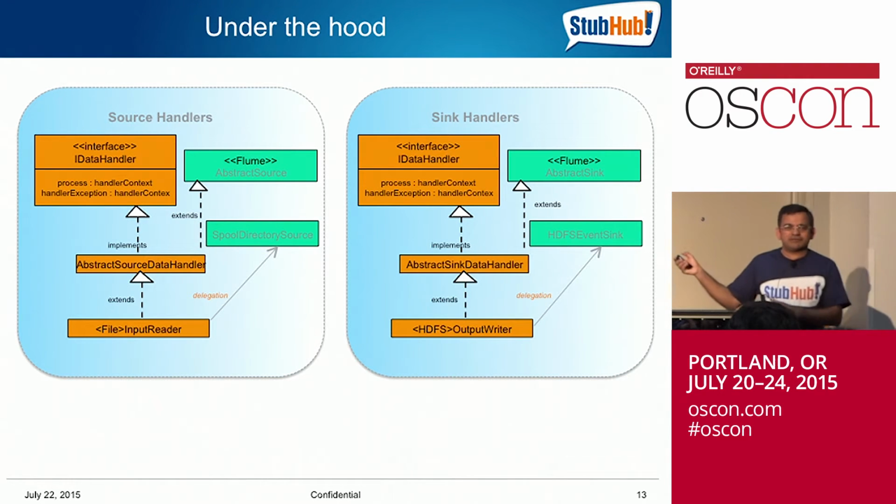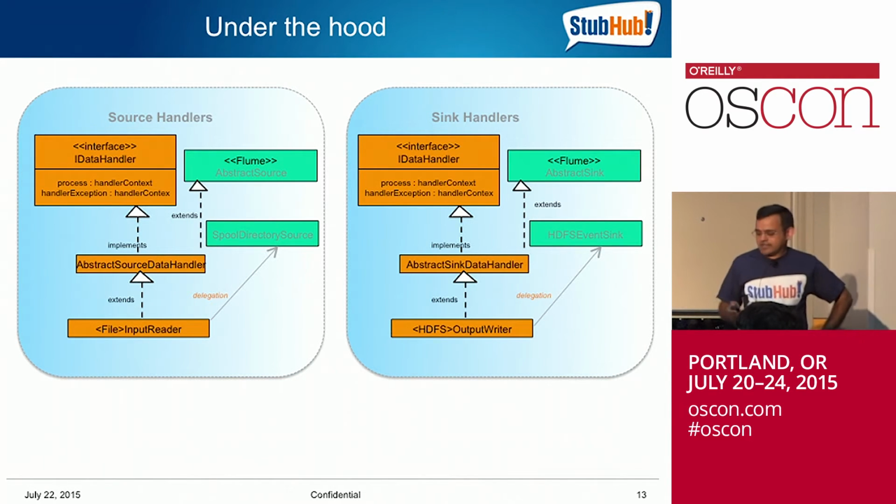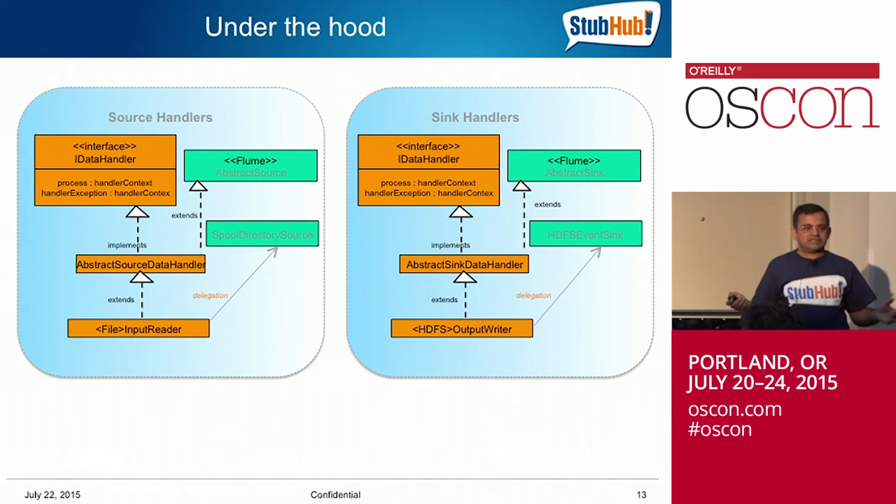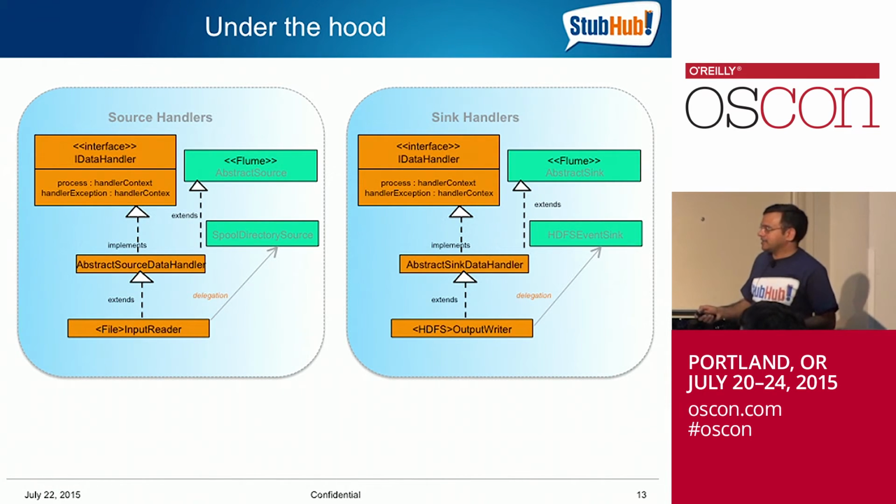I don't know if it's obvious by looking at the pictures here, since it's a bit technical in terms of classes, but it's the exact same thing for sync as well. As you can see, an exact replication of the sync here. So the key is that if you currently use some of the Flume classes directly, or have extended those classes, you would be able to use this handler chain to extend and leverage what you've already done, but get the additional things that we're talking about. That's where the reuse comes into the picture.